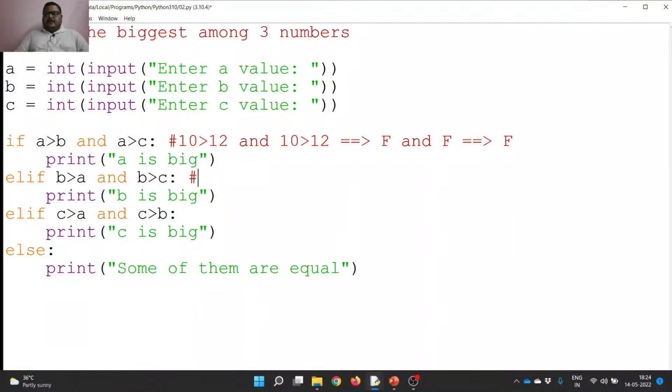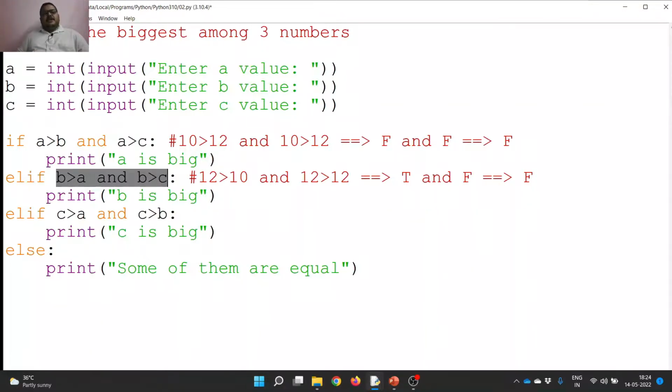Now 12 greater than 10 and 12 greater than 12. 12 greater than 10, yes, true. And 12 greater than 12, false. 12 is equal to 12, it is not greater than. So the answer is false. That means this condition also fails. So it moves to another condition. Here it checks that